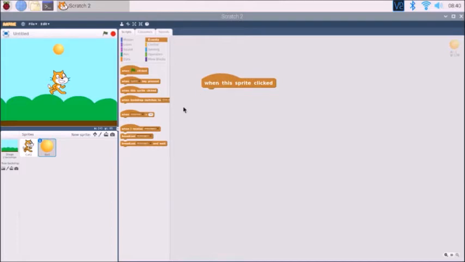So we want multiple events to happen when this button is clicked: the cat to move and the LED to switch on or off. So in that case, we broadcast a message to everybody when this button is clicked. So we drag this block which says broadcast message. We can put our own message in this. Click this drop down and choose new message. Type some message like go.